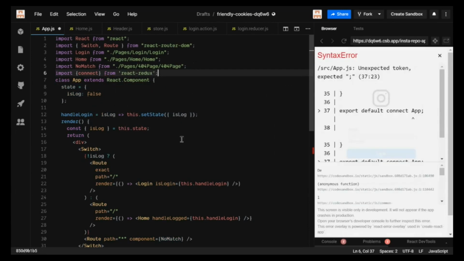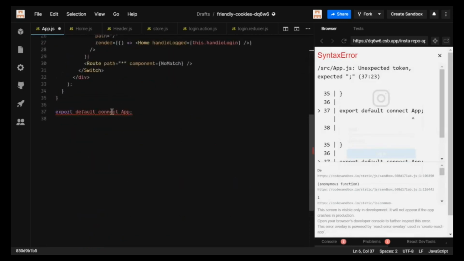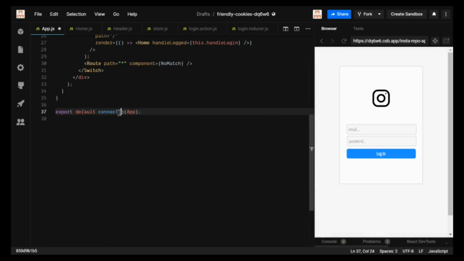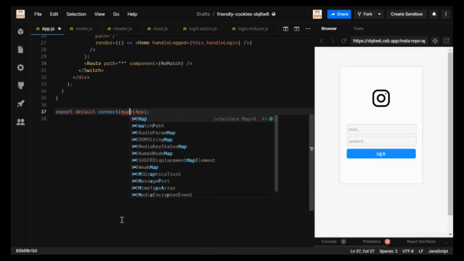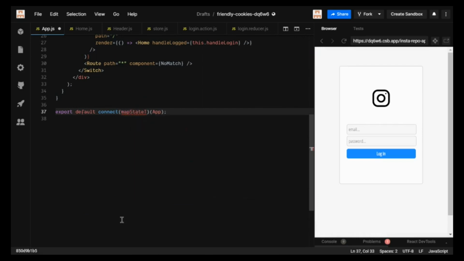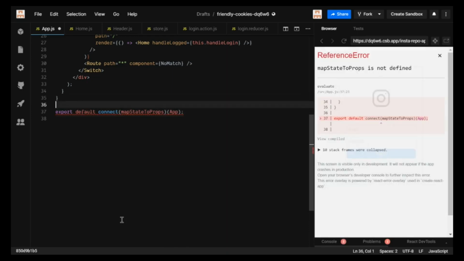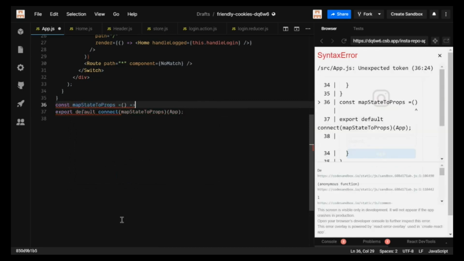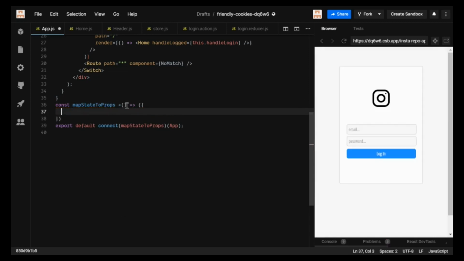So in here, because if you use mapStateToProps, you can change this class component to a function component, right? And you can see, if I just write the code again, mapStateToProps. Now in our mapStateToProps, we get data, right? We get the state. And what I'm going to use is destructuring,